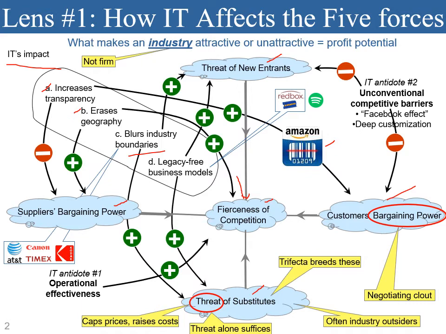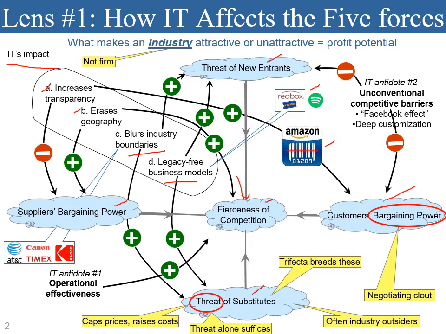Okay, the last impact is IT can enable legacy-free business models. It's about IT can lower conventional entry barriers, such as the capital needed to enter an industry. So it enables business models without the legacy burdens of incumbent firms. In this example, the Internet-enabled kiosk has allowed Redbox to meet the needs of video rental customers without the need for thousands